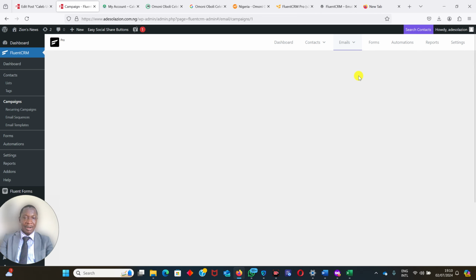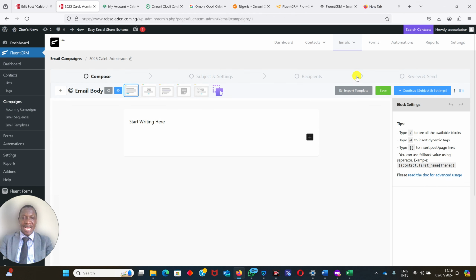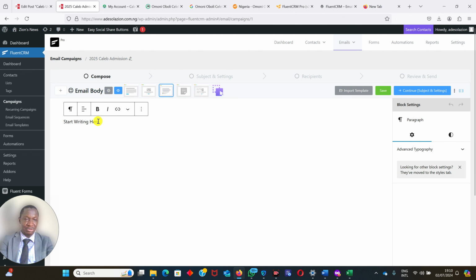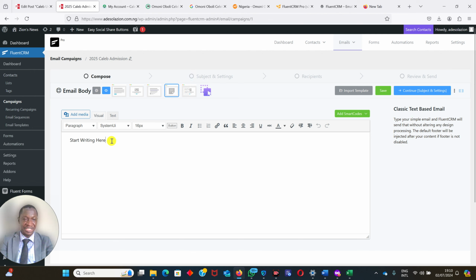So now, after this, a page will open. Now, there are different ways through which you can create your campaign. You can start from scratch, by beginning to type here, you begin to type what you want and you send. Another method is using template plain centered. Now, if you click here now, you'll be able to create also. This one too, it will help you to create your content. The same way for this one now, I can design my work the way I want.